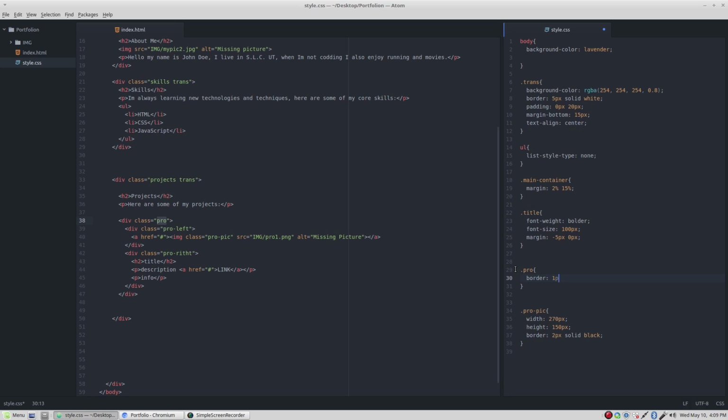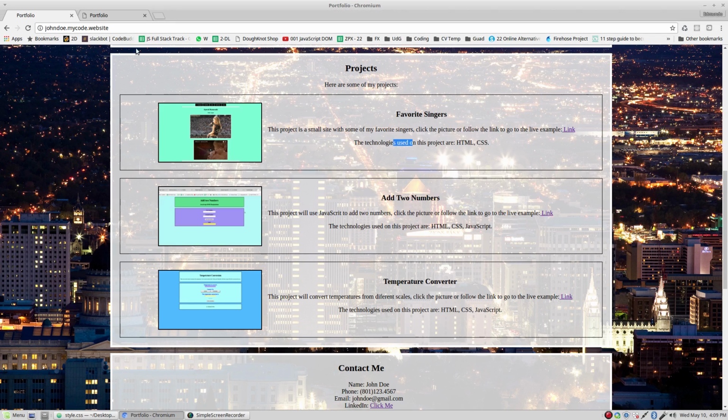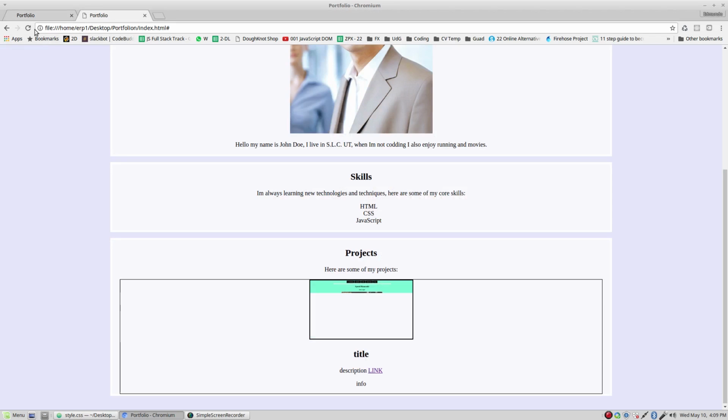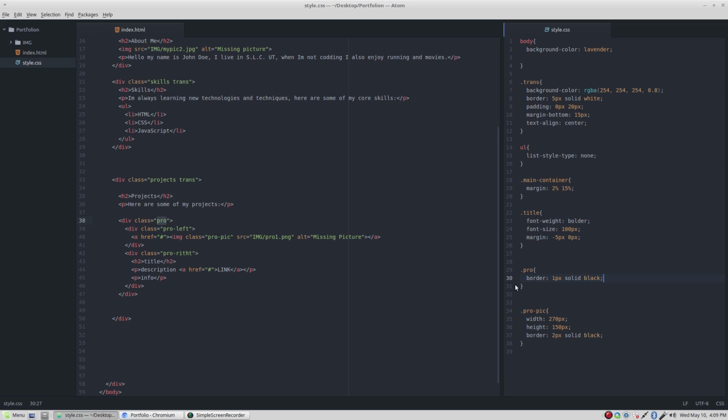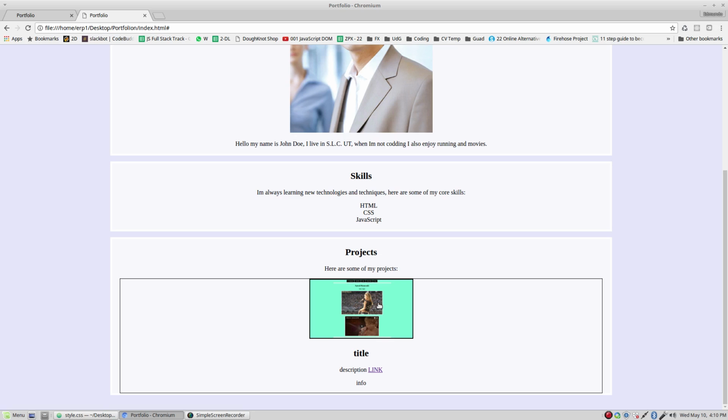We want 1 pixel, solid, black. Save the changes. Let's go and review what we have. Refresh. And right now, we do have the line. Let's continue. The next part will be to put this picture to the right and this part to the